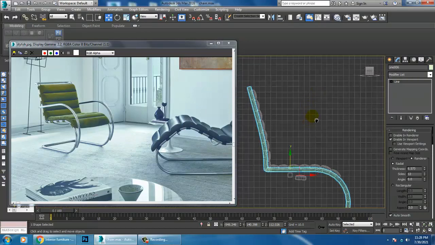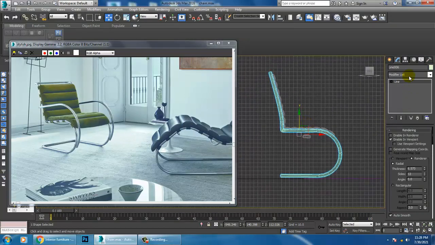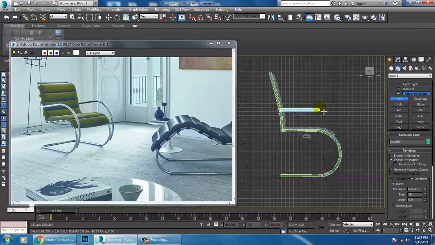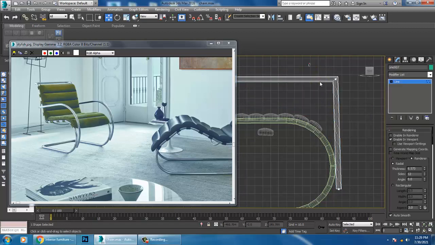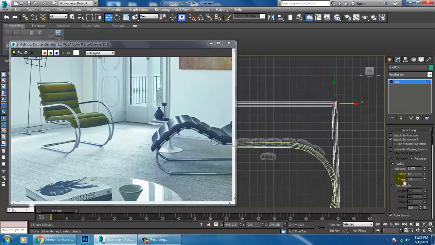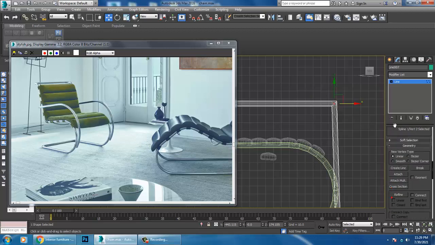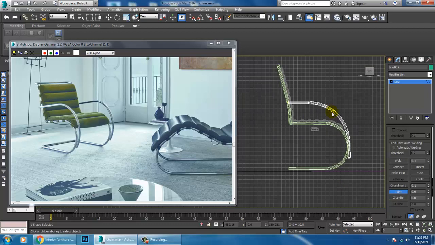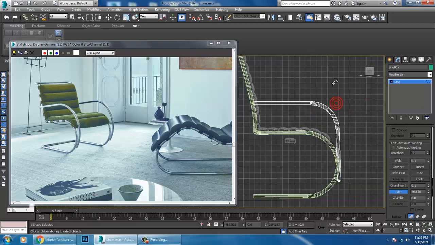Again I'll go over here and take a line tool. Select the vertices and let's give a bit of fillet. Okay, much better.